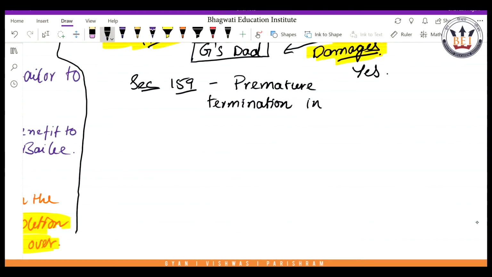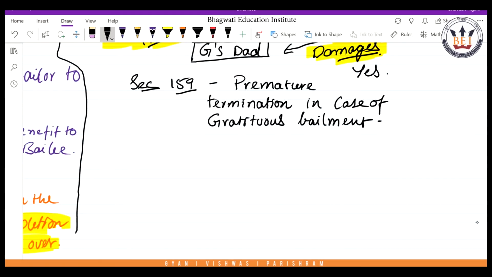In case of gratuitous bailment, some effort to search this, but I'll do that. So if you recollect, in case of gratuitous bailment, the bailor can prematurely terminate the contract before the due date,